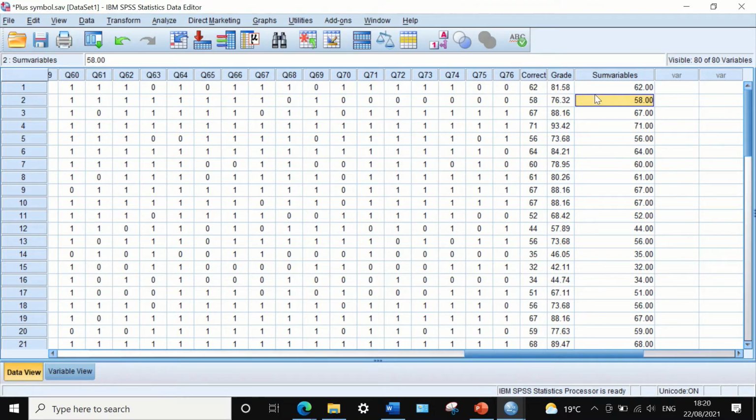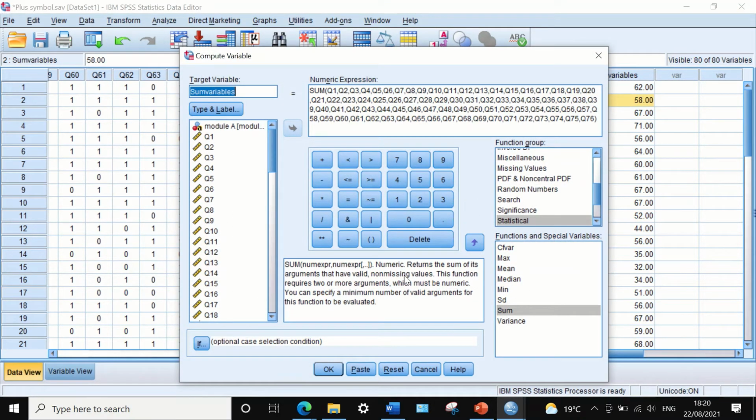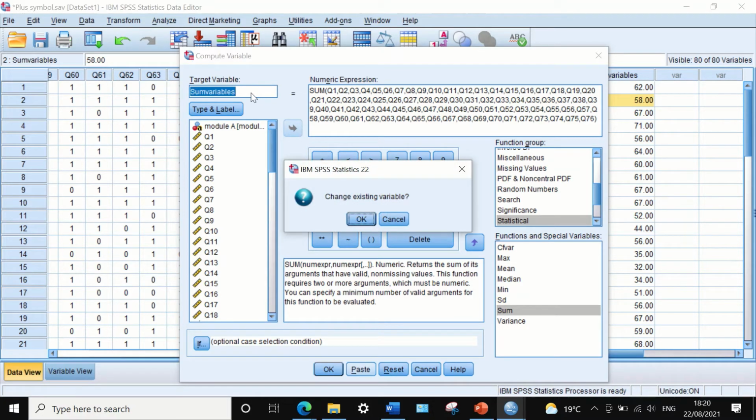Now, this is one of the ways to add multiple variables into a single variable using the sum. We could also, in addition to using the sum, go back into the compute variable, and instead of clicking OK after inserting the variables and generating the target variable, we can use the same window and click on Paste and change the target